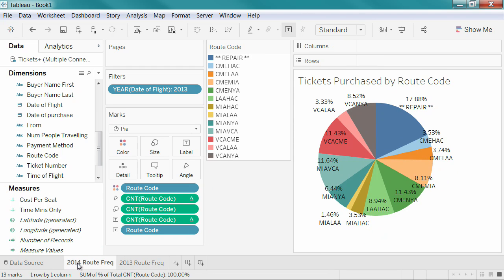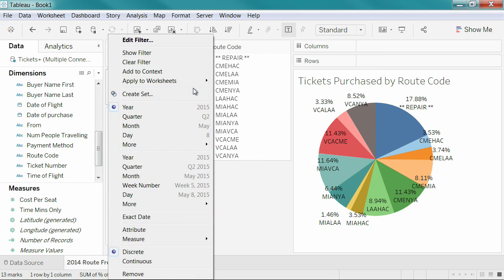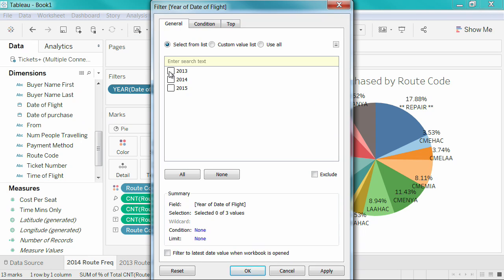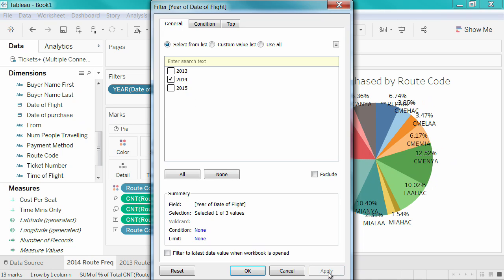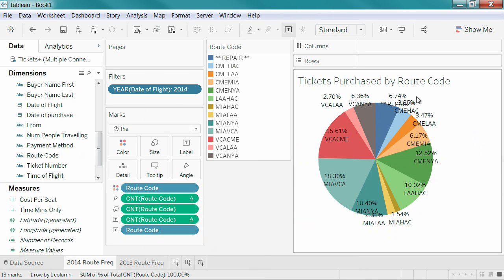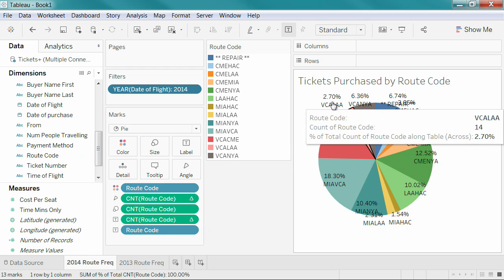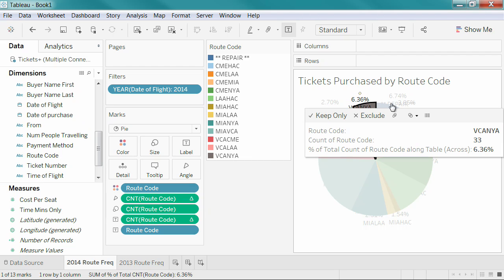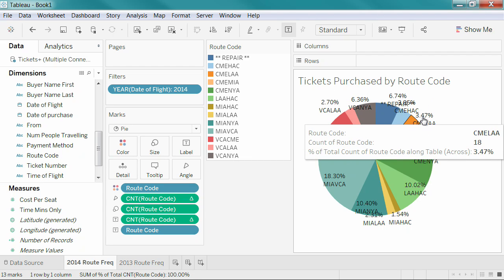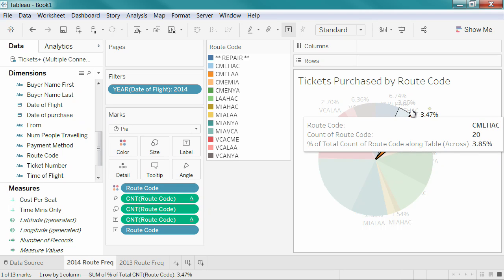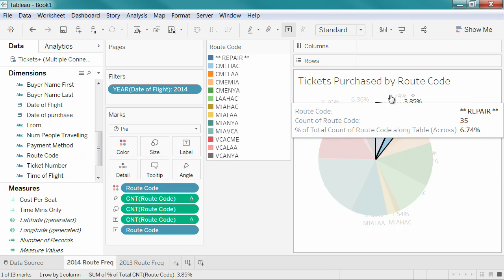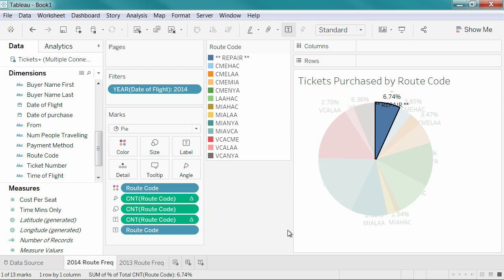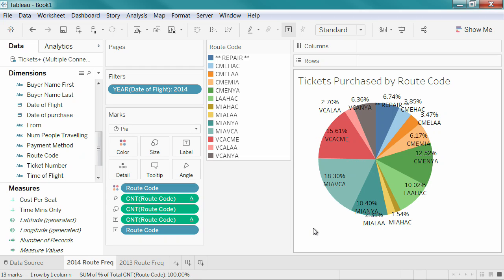So for 2014, I need to change my filter. Edit filter, remove 2013, add 2014, and then apply. For 2014, you'll notice that the number of times airplanes are traveling for repair functions has gone down quite a lot. So it looks like our maintenance staff for our airline are getting a lot better, because